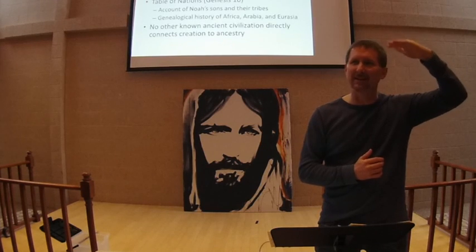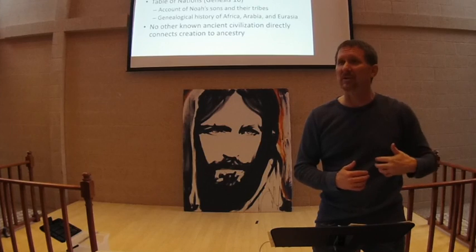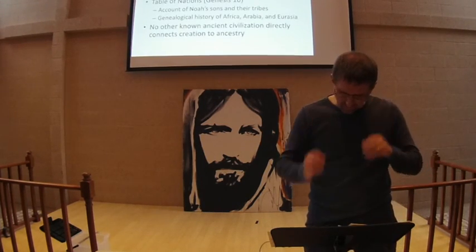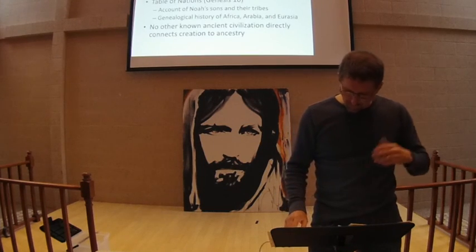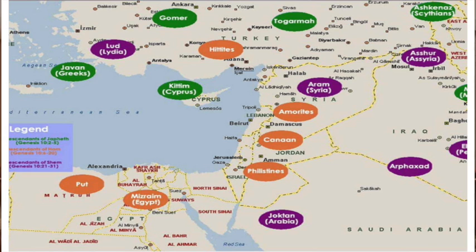They each had these many sons, and those sons had these sons, and they became these peoples. So there is this kind of listing of the nations that you see in Genesis chapter 10. We see that if we look on this, and this is one of the maps that I think I